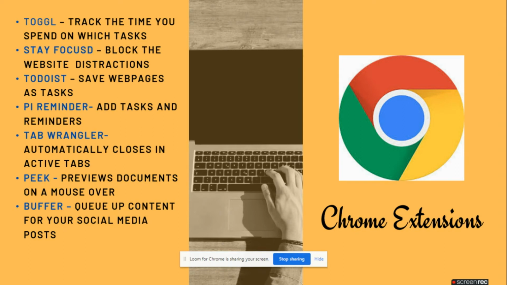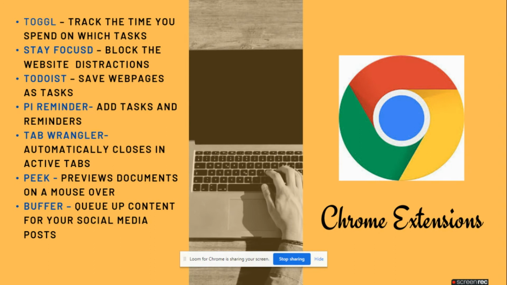So this is one more Toggl Chrome extension which tracks the time you spend on which tasks daily. If you are spending time on specific work-related tasks, or on personal tasks, and if you want to track multiple detailed tasks, like how much time you are spending on social platforms, how much on work, or time for a specific student you are giving lessons to, or if you are a freelancer, how much work you are doing and what kind of tasks you are doing, all those things, right?